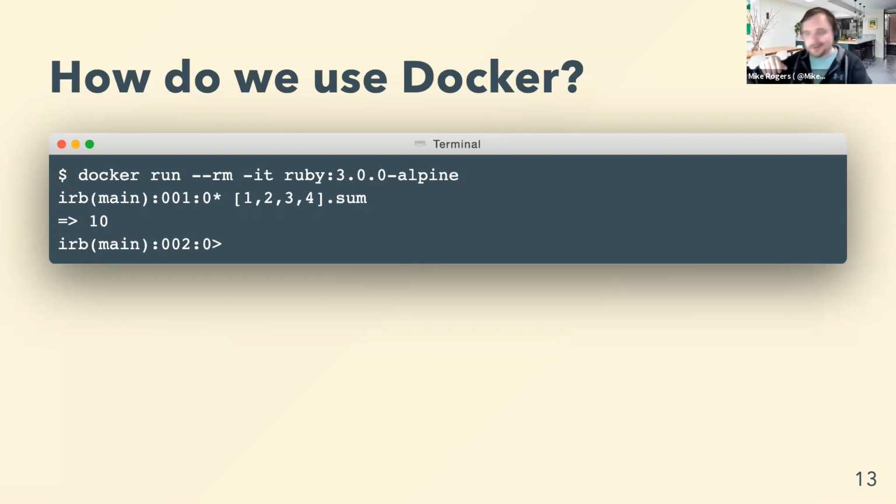say, hey, docker run --rm. --rm means remove it once it's done. -it means let me interact with the terminal. And then you've got the name here, which is the name of the package, Ruby 3.0, and then the Alpine flavor, which is pretty much a 50 meg image. And then you can run Ruby right there in your terminal. It just downloads it and then you can run it. So this is really cool.